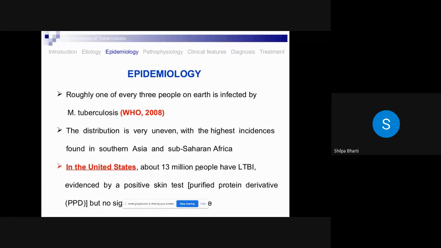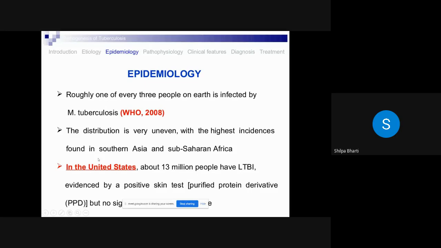Okay, the prevalence of this disease is not that much in the developed countries because, of course, the bacteria is more easily spread in lower socioeconomic status where the people are, and so it is the most prevalent disease of the developing countries, for example, Africa, Asian countries, and it is the oldest disease. And you know, roughly one of every three people on earth is infected by Mycobacterium tuberculosis, infected, not the active disease. So that is how common this bacteria is, and this was reported from WHO का report था